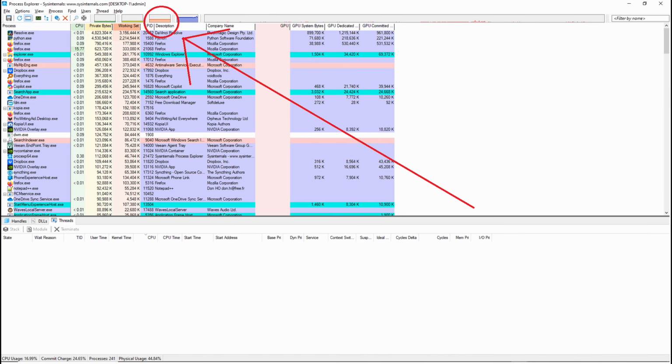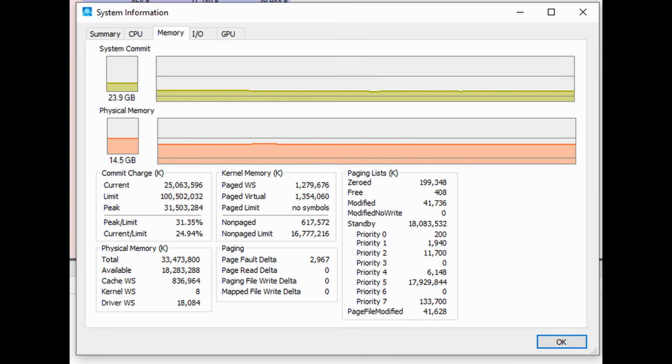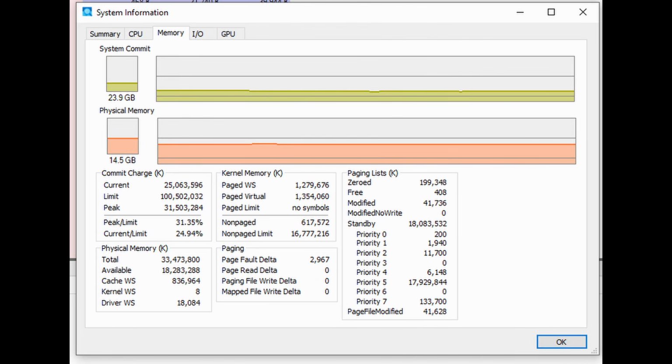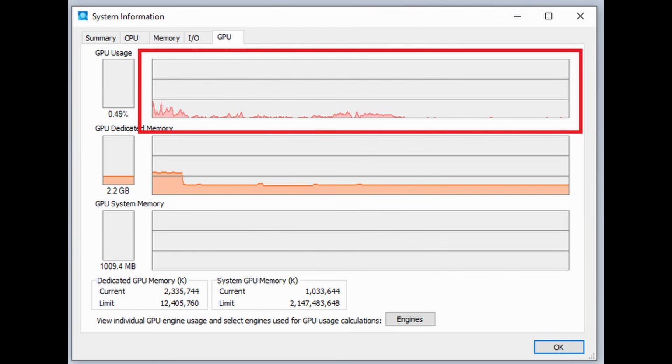So what I do is click on that graph there, and this window, and nod sagely like I know what is happening. I don't. I click on the GPU tab. Go back to the memory tab a moment, and the bit that seemed to be relevant and relates to my swap file is the commit charge part. If the current goes up high, it relates to my swap file being very active. Combine that info with the GPU tab info, and you start to get a feel for when things are getting